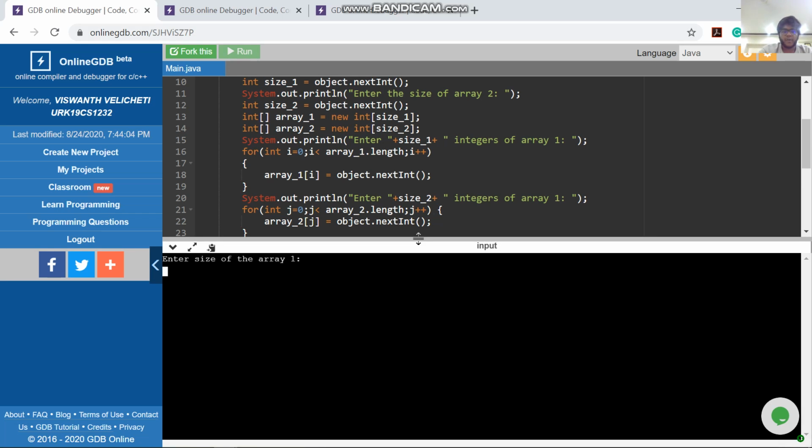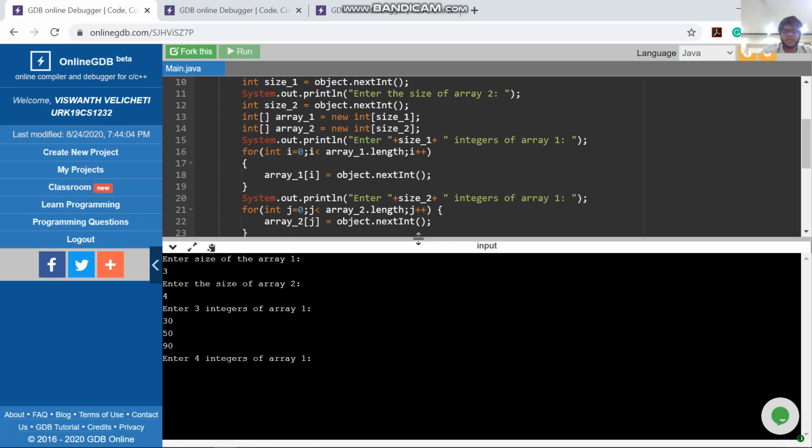Let's give the size of array 1 as 3 and array 2 as 4. The three integers of array 1 are 30, 50, 90.